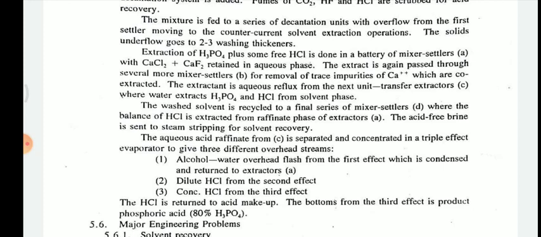Now another extraction of phosphoric acid plus HCl is done by the battery of mixer settlers, which indicates calcium chloride and then calcium fluoride, which is retained in the aqueous form. Okay,